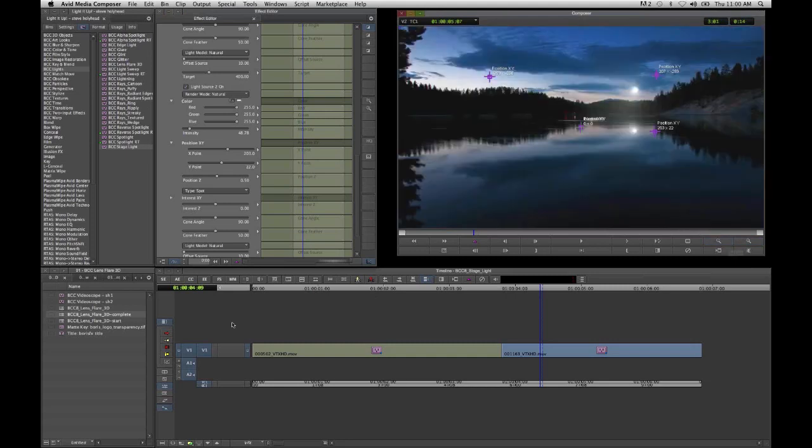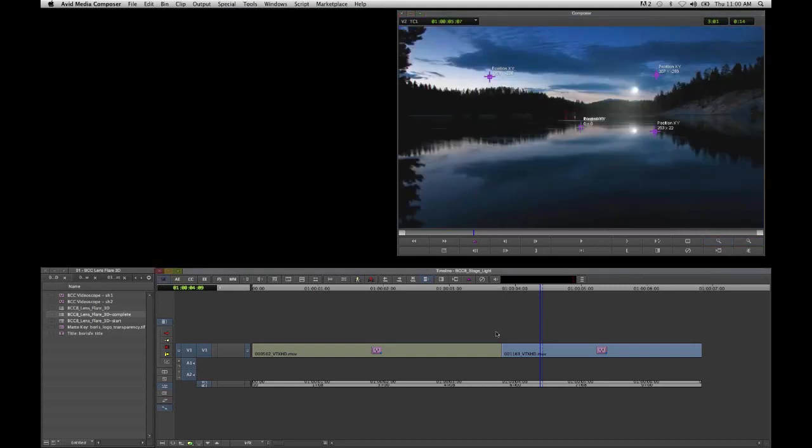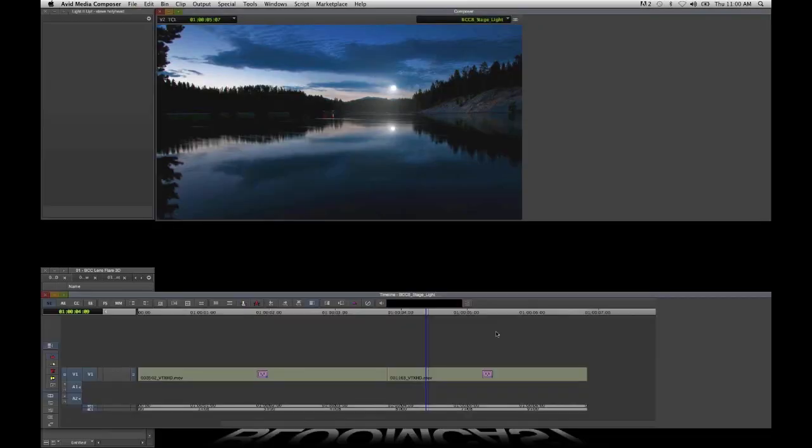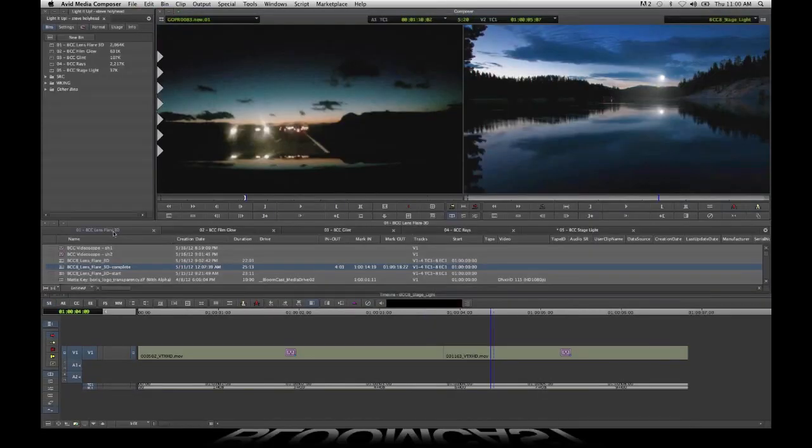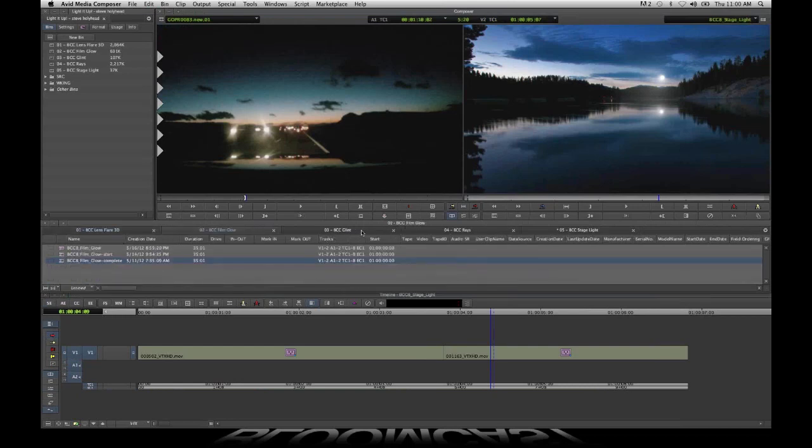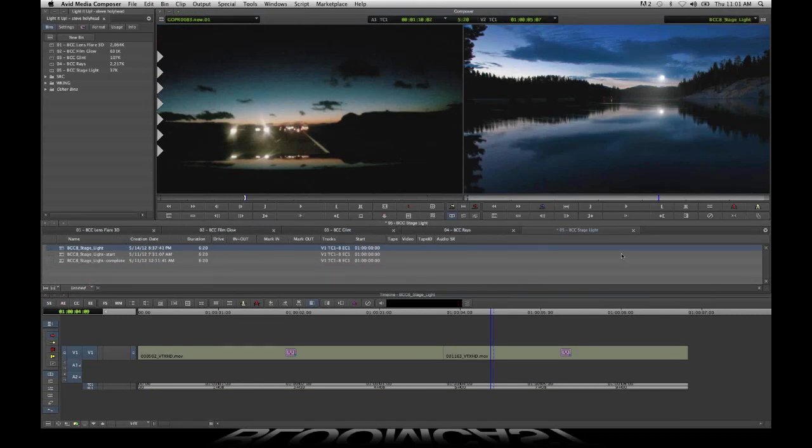Okay, so let's just recap for a second. We've gone through a lot of stuff today, but just to remind you, we saw Lens Flare 3D, we saw Film Glow, we saw BCC Glint, we saw BCC Rays, and BCC Stage Light. I really hope this has been useful to you and that we've communicated some good techniques, shown you some of the goodness in this new version of